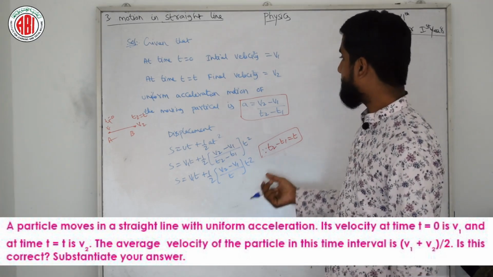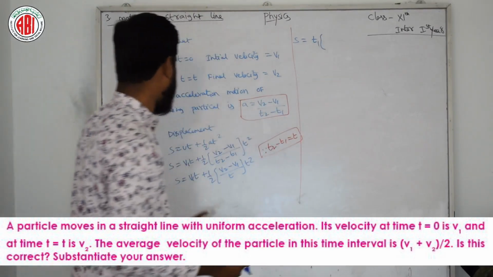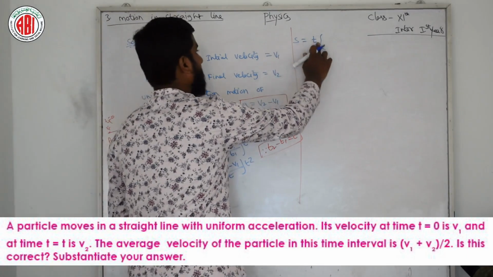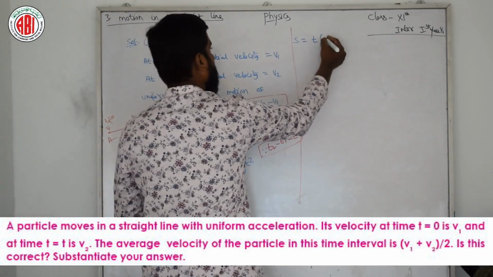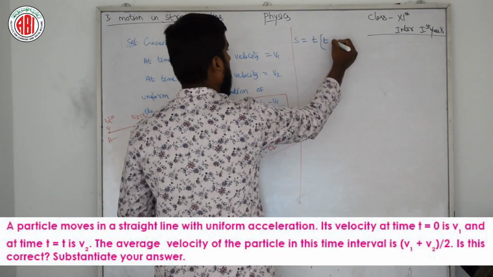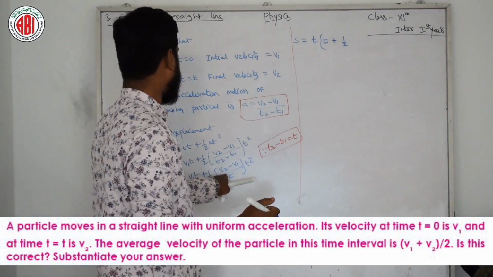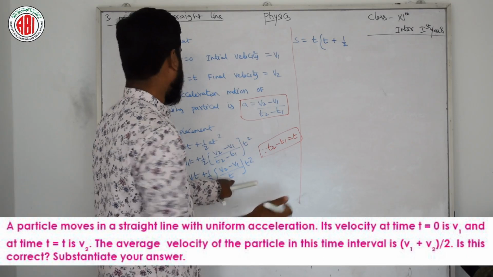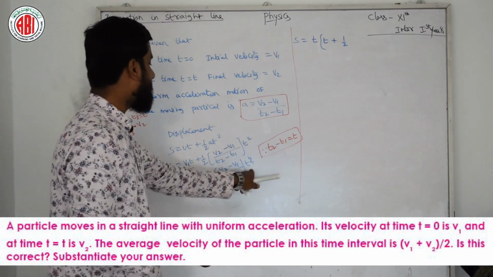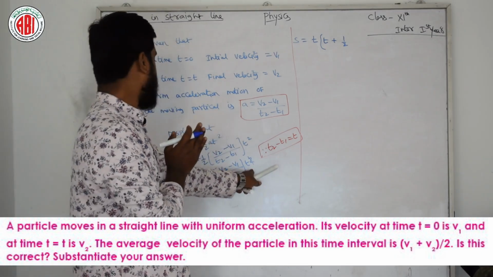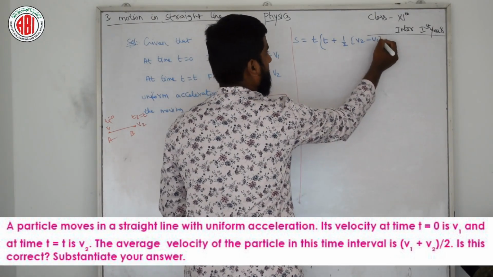Next, what I am doing: s is equal to, I am taking t as common, not t1, t itself I am taking common. So what I remain is v1 plus t, okay, plus half as it is. Here the t is completely cancelled, this t and this t get cancelled and this t already comes outward. So it will become half into v2 minus v1, isn't it?